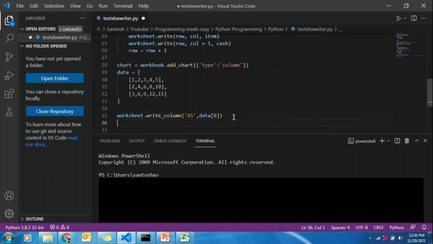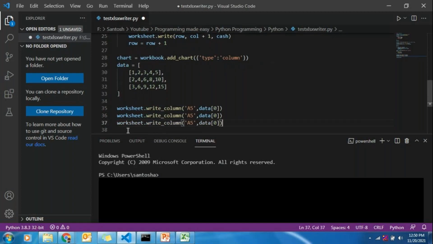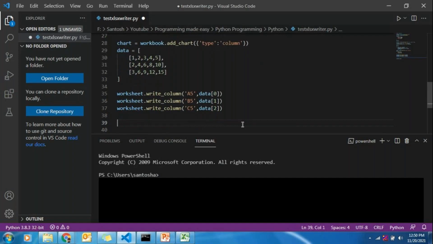Similarly, I will write the remaining values in column B and column C. So this will start with B5, this will start with C5, this is data of 1, and this is data of 2. So once we write the data to the columns, next step is to add the series to the chart.